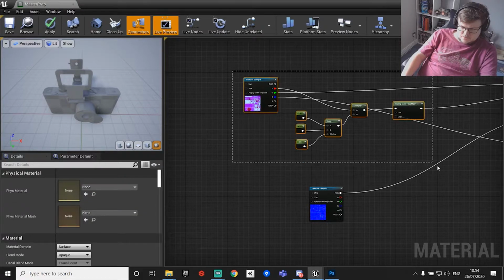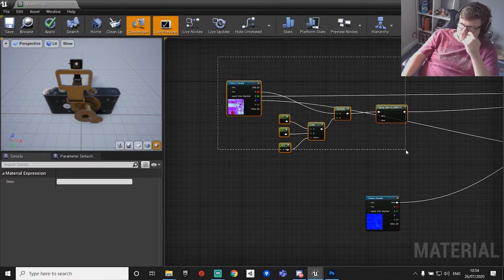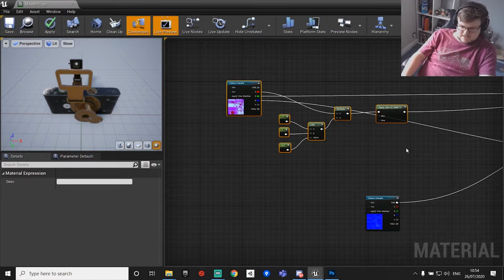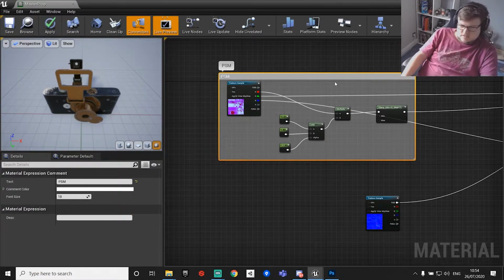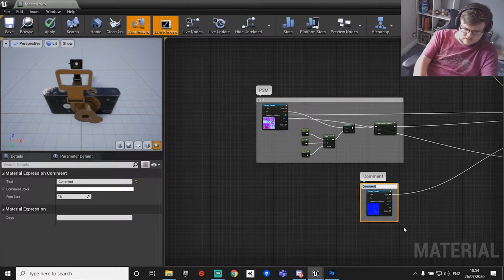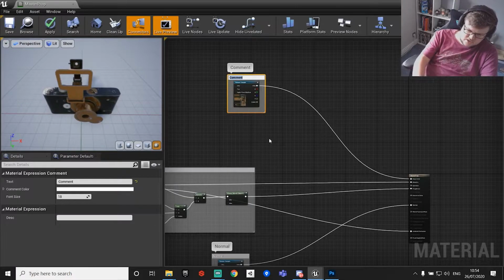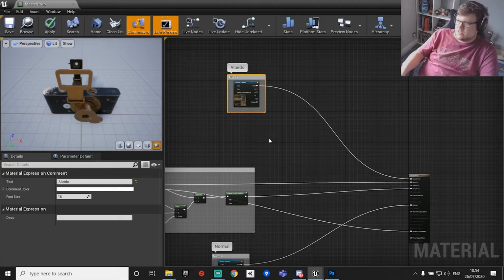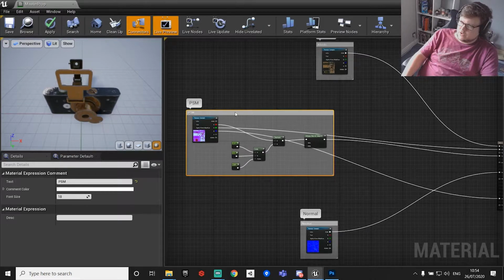And what I'm going to do is press select, so left click drag, and that will select it. And then I'm going to press C, and this is going to give a comment. So this is PSM. For this, you wouldn't necessarily need to do comments. But if your material starts to get a lot more crazier and harder to manage, then this is probably a good thing to have good practice in, is starting to actually comment your